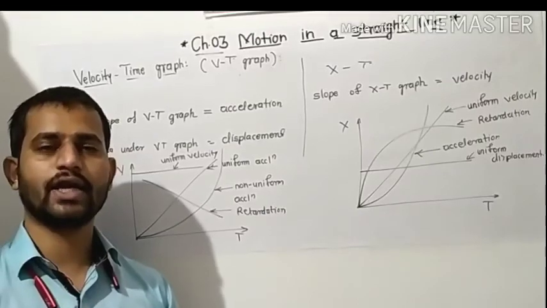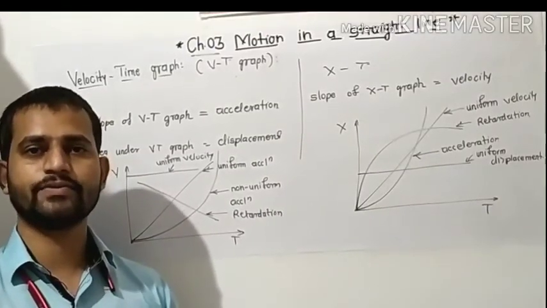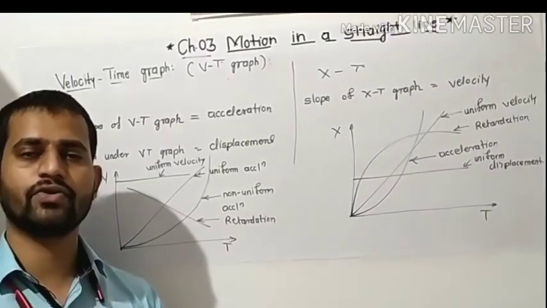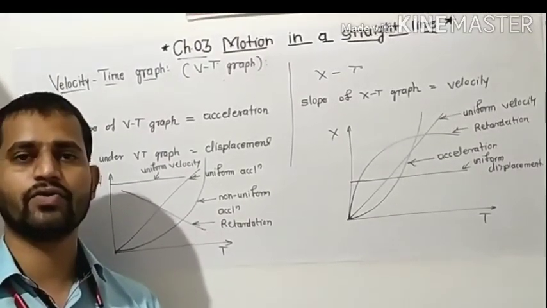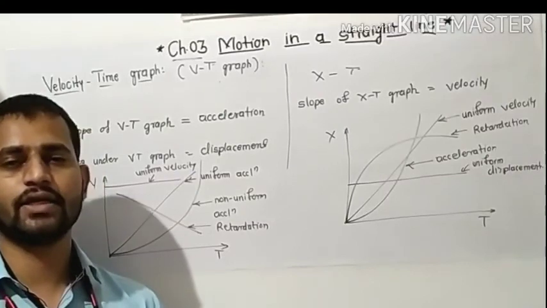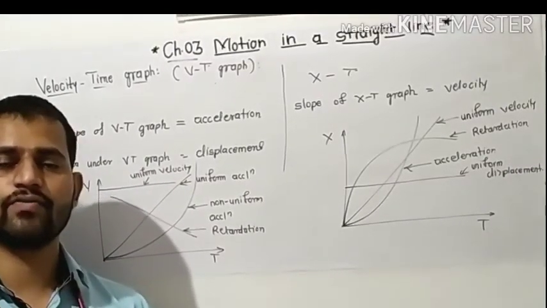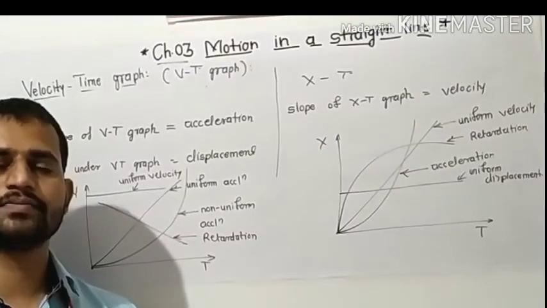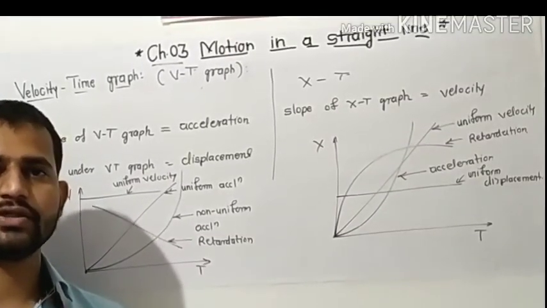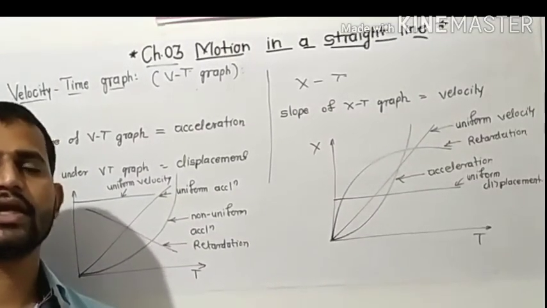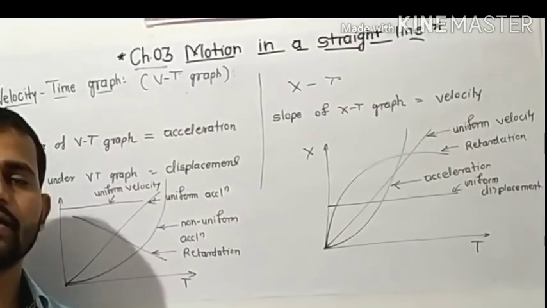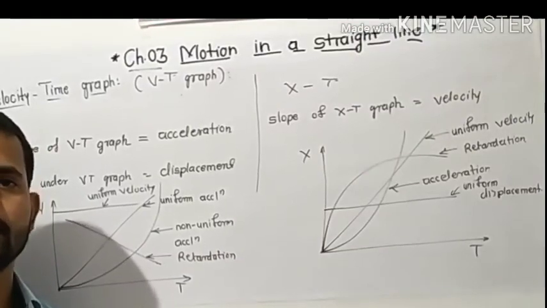At that time you must draw such graphs very carefully by noting down the readings. You have some readings and you have to draw the graphs, and from those graphs you have to find out whether there is uniform acceleration or uniform velocity. So without calculation you have to do those practicals, using the graphical methods only. Depending on such graphical methods we will solve some problems, and those numericals we will see in the next lecture.